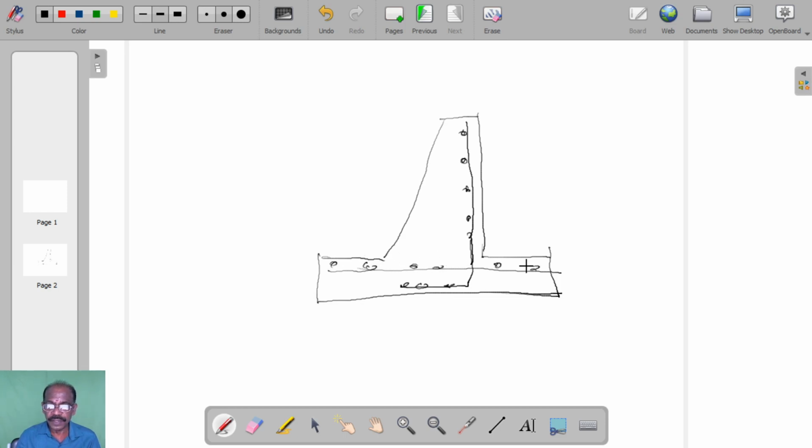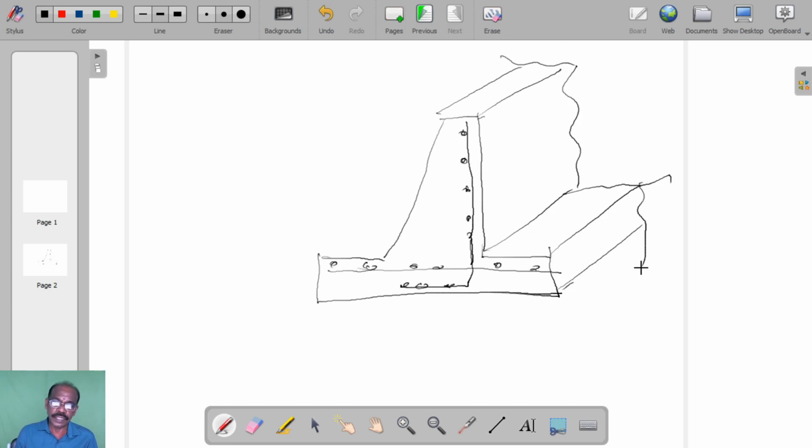Now the shape of the retaining wall is like that, the cantilever. Now this is a slab, the continuous slab, and one side of the slab is fixed at the base, and the other side here is free. So all of you know, if a beam or slab has one side fixed and the other side free, it is nothing but a cantilever. Likewise, this wall is a cantilever slab or beam, because it is continuous. Okay, like that, it is going on continuously. Now this is the cantilever retaining wall.